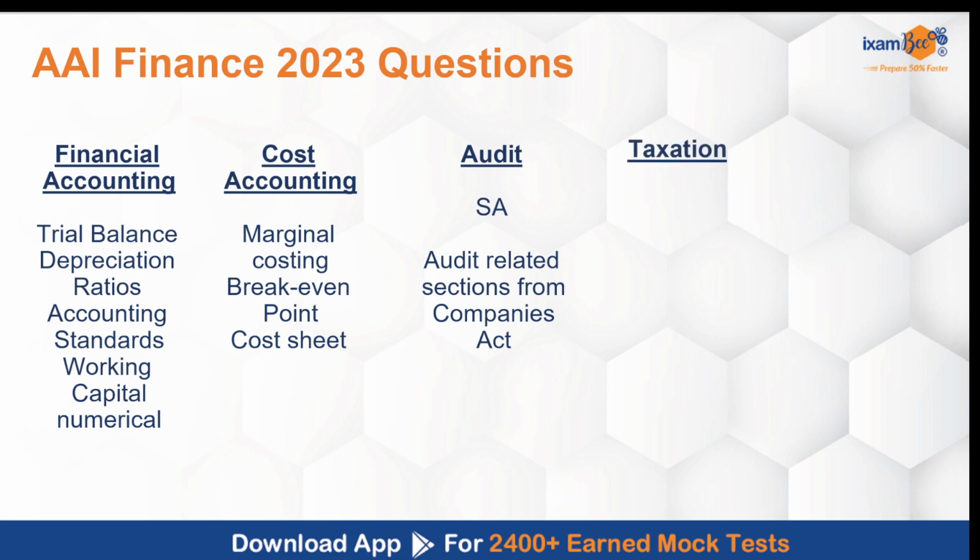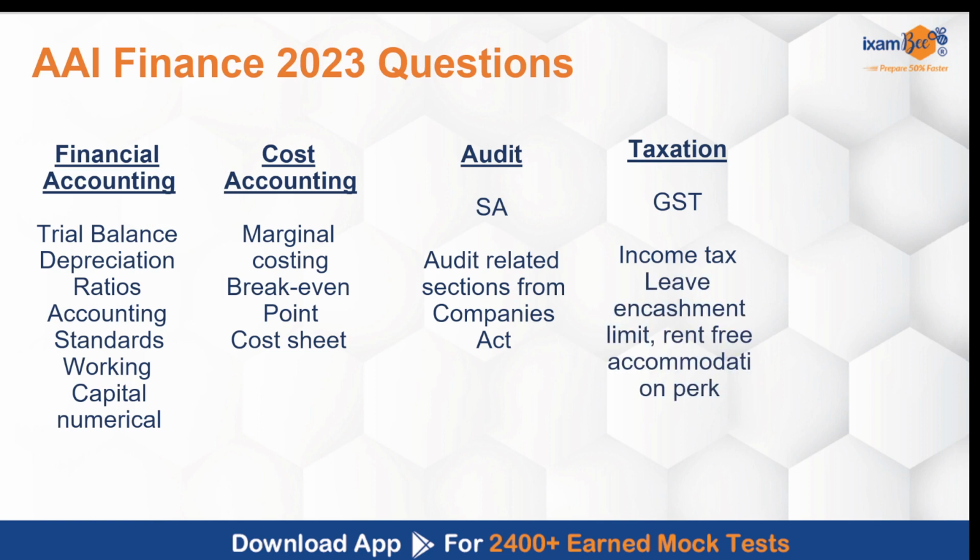When we talk about taxation, there were a good number of 4 to 5 questions from GST, and they were very simple questions related to the rates and the structures, tax rate systems. And there were also certain questions from the income tax which were focused on the recent amendments that were made in relation to the leave encashment limit and the calculation of the perquisite value in case of a rent-free accommodation